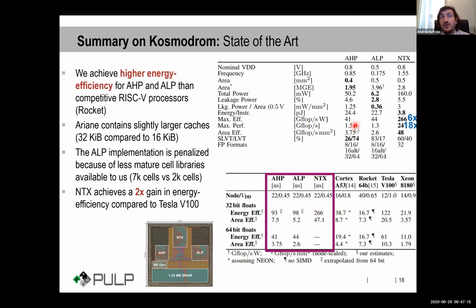NTX improves by 18x the speed in doing 32-bit floating point operations with respect to Ariane.